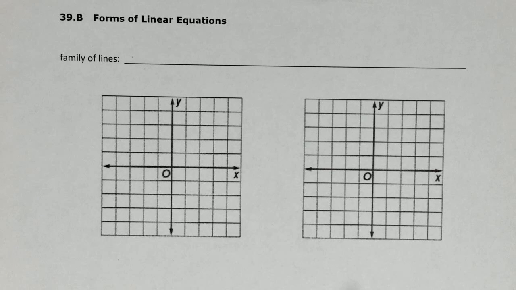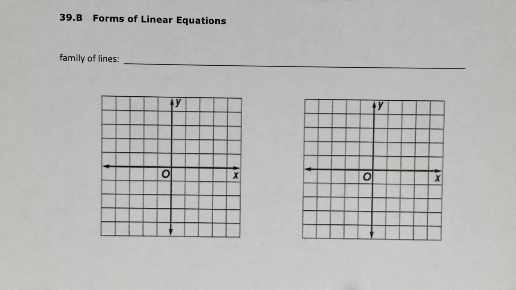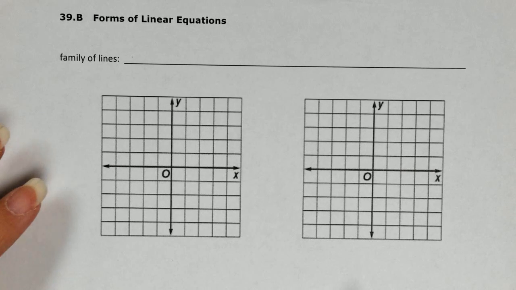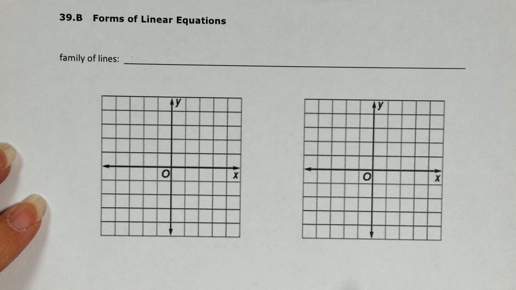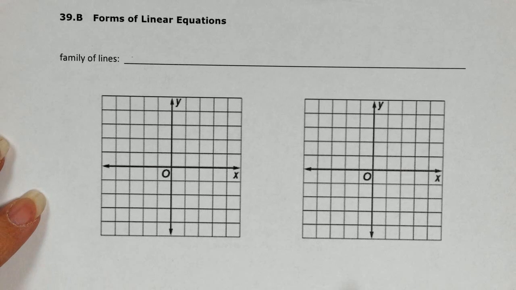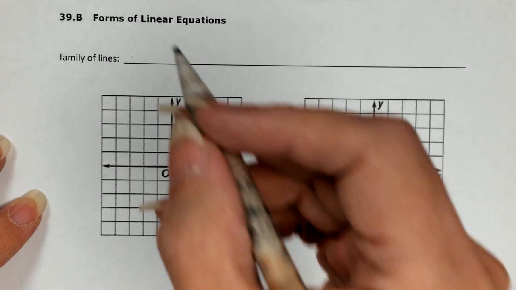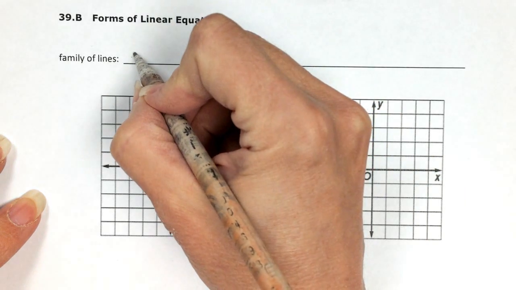Advanced Math, Lesson 39, Part B, is about different forms of linear equations. And the book makes mention of families of lines, so we're starting out with that, and then we'll get right into the different forms. We actually use families for some of our problems. A family of lines is a group of lines, or a set of lines,